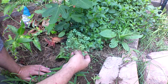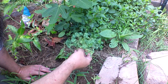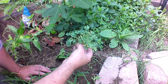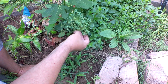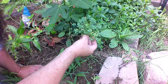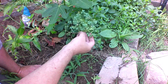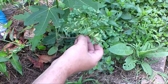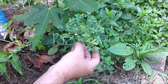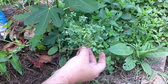It's a wood sorrel, and the thought in my mind is, if wood sorrel or oxalis wants to grow here, then there's a niche that's being filled by this particular plant. This one in particular, the oxalis wood sorrel. And my thought is, I can replace this oxalis, which doesn't really do much for me, with an Oxalis tuberosa, which is the oca. I can plant oca in these areas where oxalis seems to want to grow, and that's an oxalis, so it'll fill the niche, but it'll also be a productive plant that I can eat as a